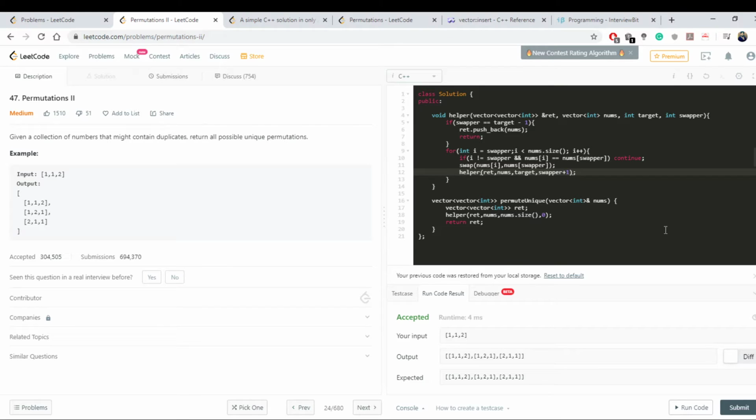And your swapper comes to 1. So you swap the first and second item, you get 1, 4, 2. Now your swapper starts from 2 and then swaps the 3, 1, 4, 3, 2, 3. Swapper goes ahead, then it swaps 1, 4, 3, 3, 2. If these two are same, then you're not swapping anyway. Then you come out to 1, 4,